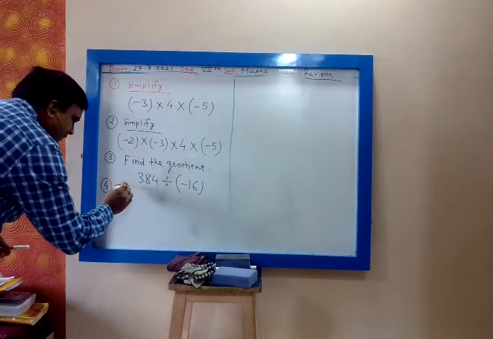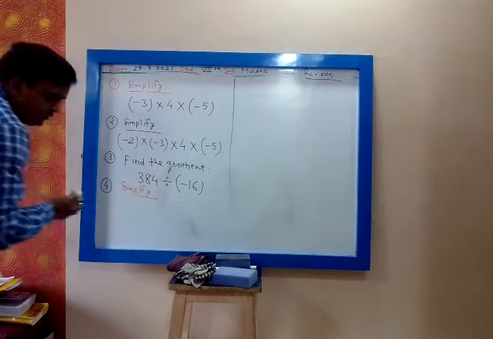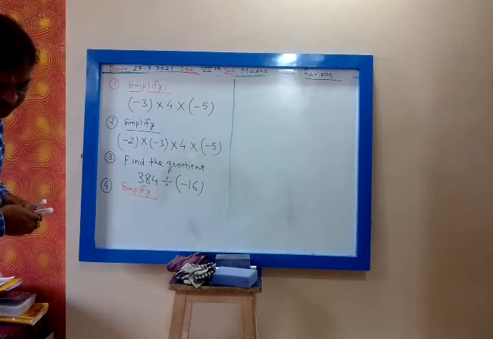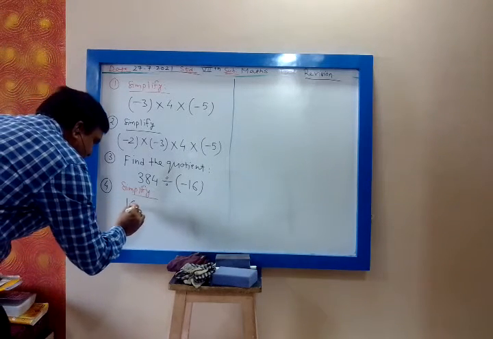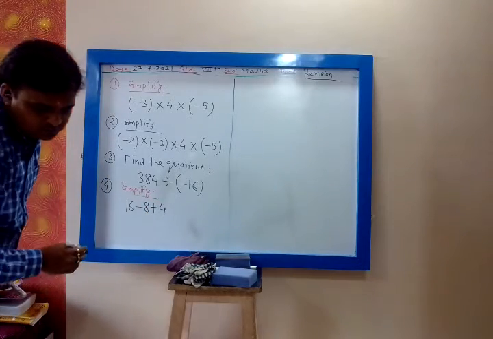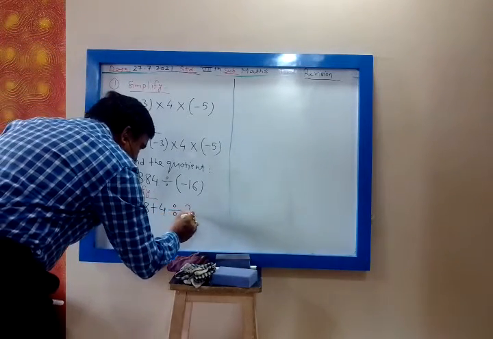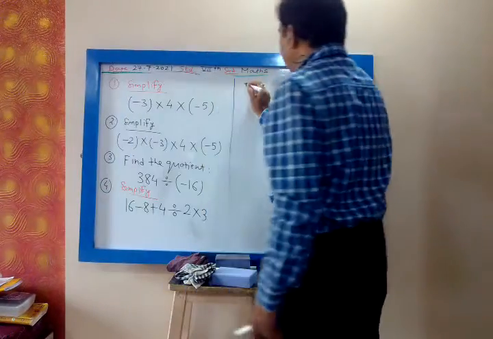Simplify 16 minus 8 plus 4 divided by 2 into 3. Then fifth,